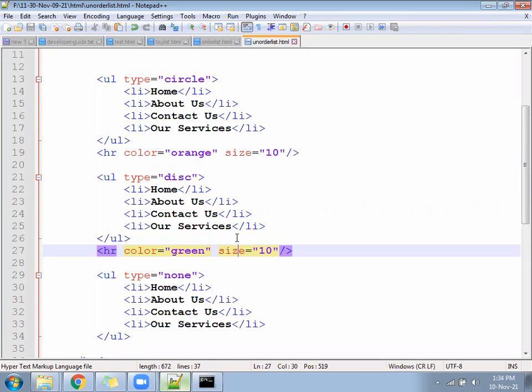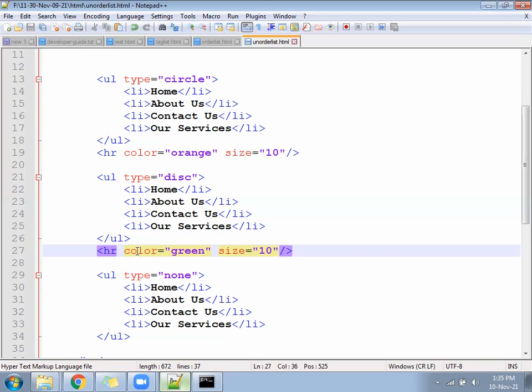And after that, suppose this HR is coming inside. For this HR, we want to apply a border. That is not possible in HTML. We want to apply something like a two color combination, red and green. That is not possible through HTML. So according to need, we will extend the feature of HTML with the help of CSS.